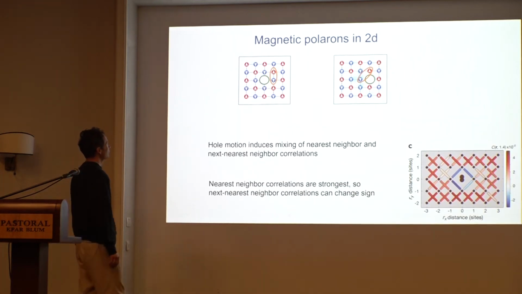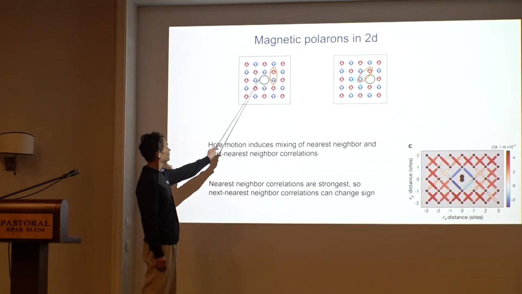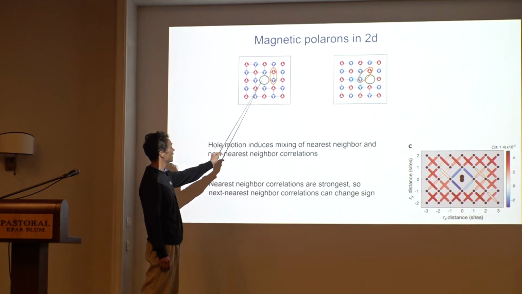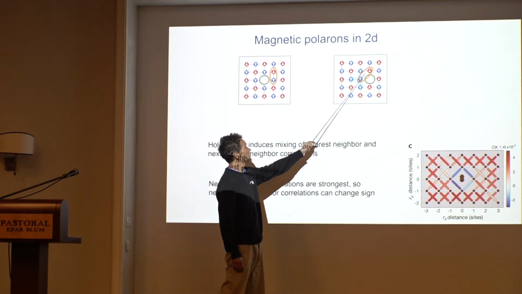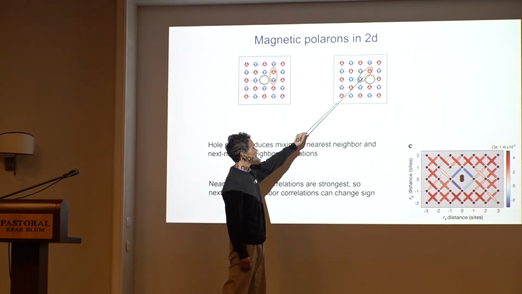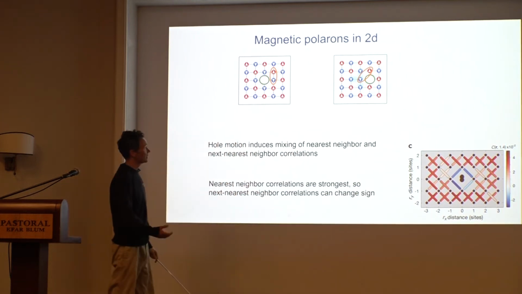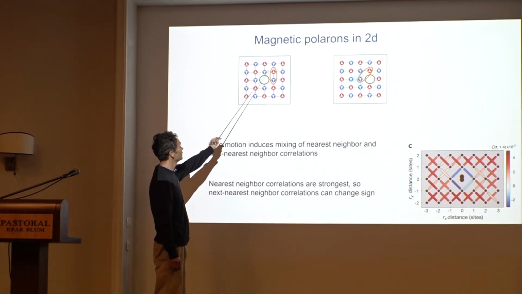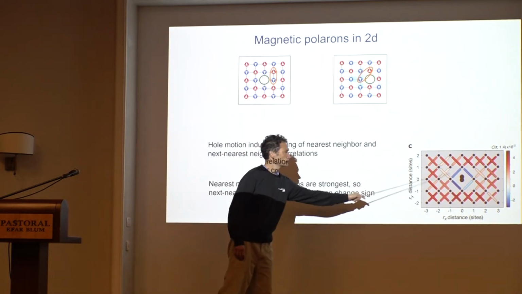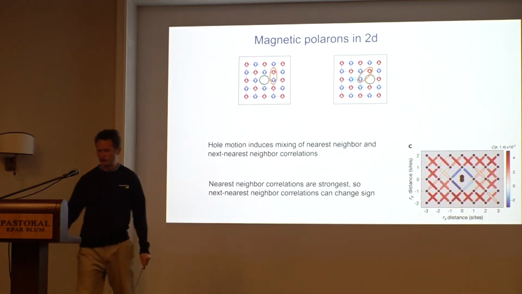Well, there is a very simple cartoon for how you can understand this. Remember, this is our hole before it started moving in the ferromagnet. Now this hole moves, and these two fermions, which used to be nearest neighbors, now find themselves as next nearest neighbors. Therefore, when we measure this diagonal correlation next to a hole or a doublon, we have to average correlations which are originally diagonal correlations with the ones which used to be nearest neighbor, and which now, because of the hole motion, become next nearest neighbor. As a result of this averaging, and the fact that nearest neighbor correlations are originally stronger than diagonal, next to the doublon we end up with anti-ferromagnetic correlations.